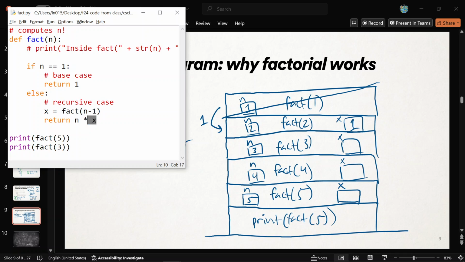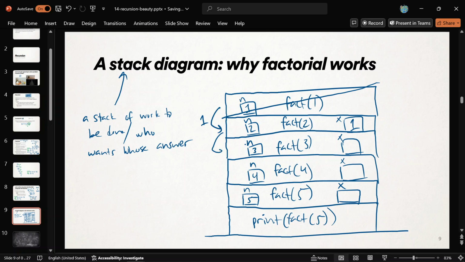So now it'll take that 1, multiply it by its n, which is 2, to compute fact_of_2 correctly. 2 times 1 is 2, and it will return that back to whoever called it, which was the person below it on the stack. Then its job is complete. Now fact_of_3 is the thing on top of the stack. It's the thing actually running. Do we see how this is starting to unwind? That's legitimately the technical term. The stack is unwinding right now, we say.